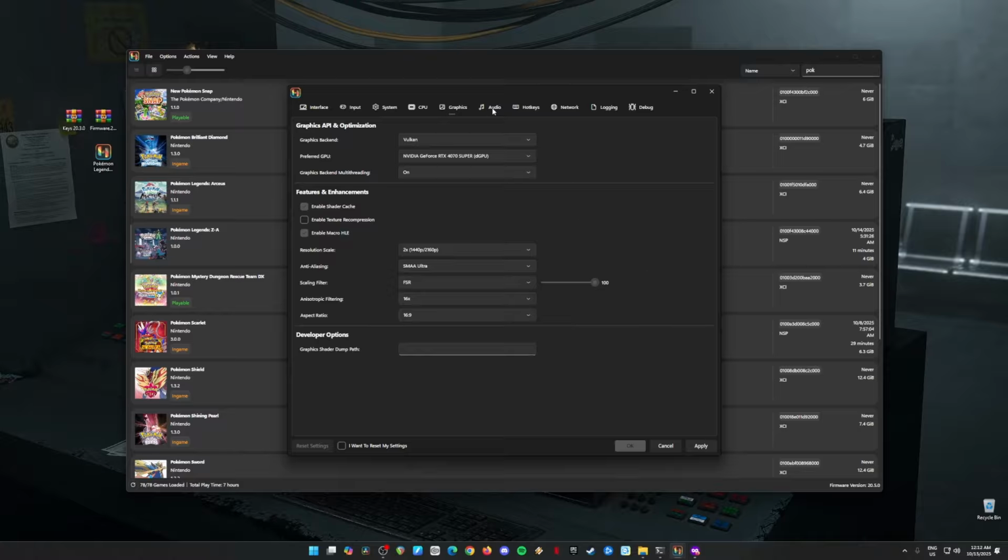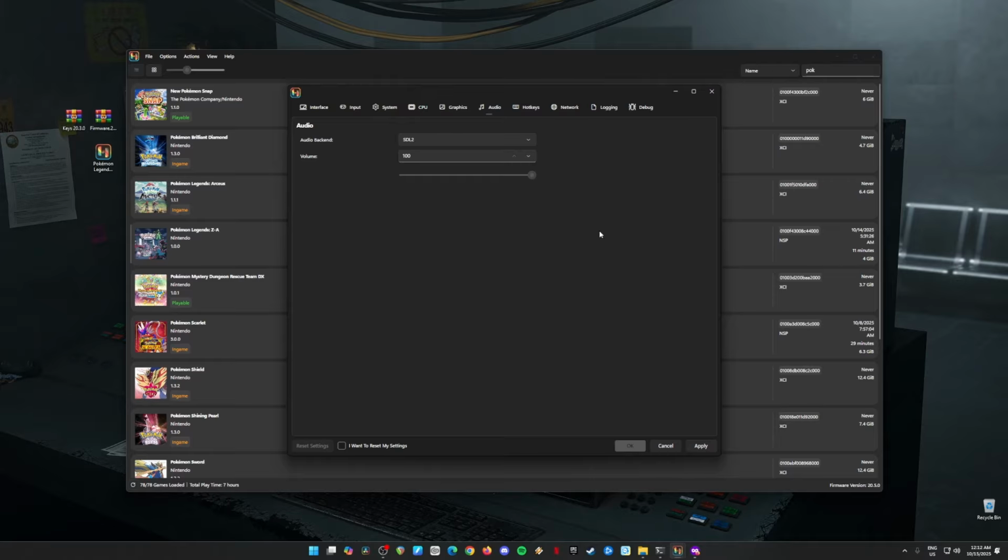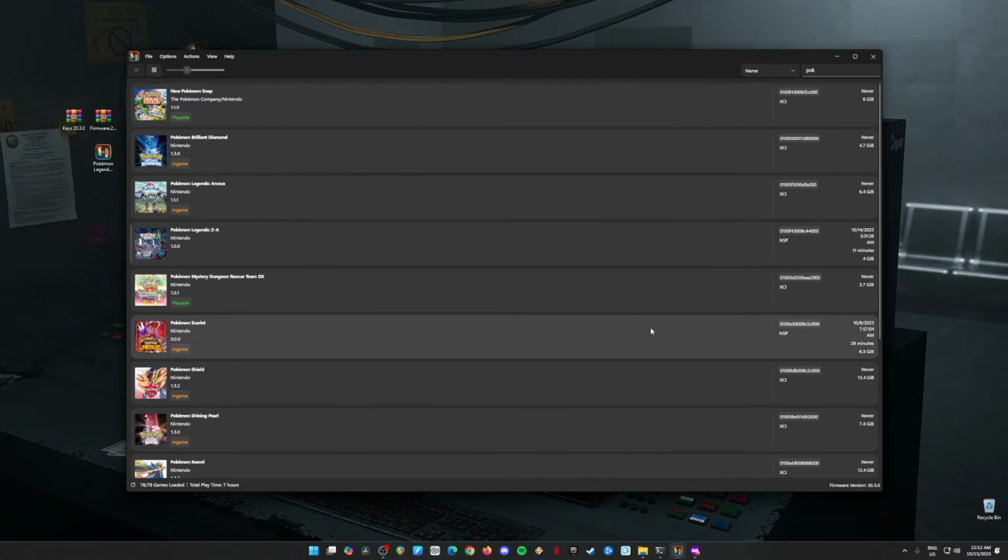Now once done, go to audio, change the settings here, copy mine, and once you're done, hit apply and hit OK. Congratulations, your Ryubing emulator is now fully optimized to run and play any of the Switch games, such as